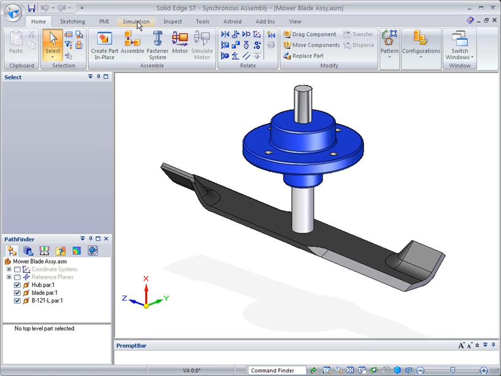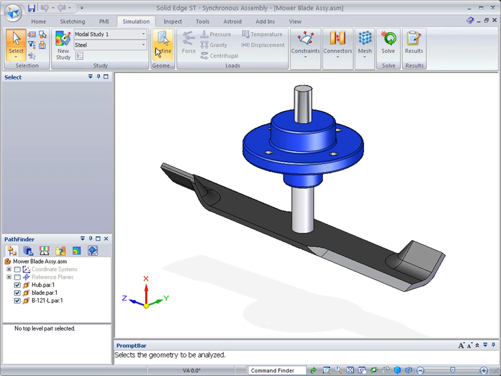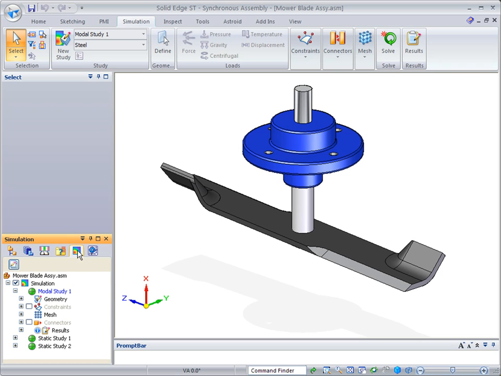What we want to do is switch over to the Simulation tab, and we will come down to Pathfinder and select the Simulation tab there as well, so we can see what we refer to as Study Navigator. Now I will note here that we've got 3 studies already created with results already created in the study. So what we want to do basically is change this button. It's called the Show Single All Studies, so that we're just looking at the first study, which is a modal